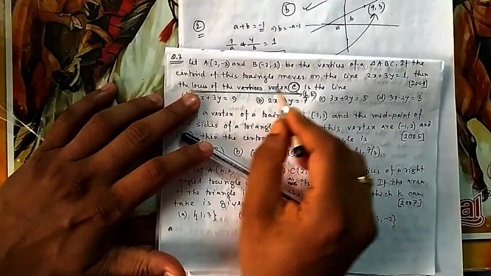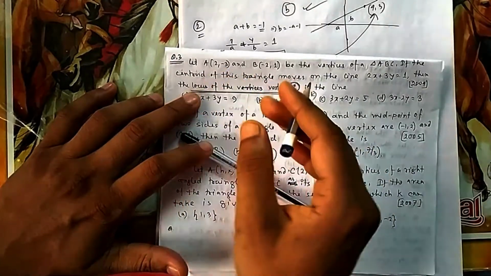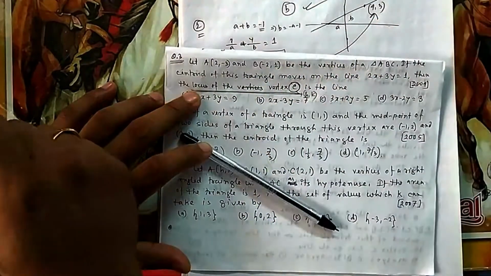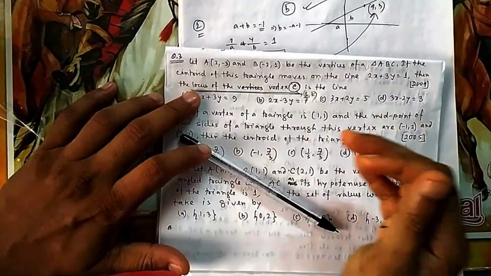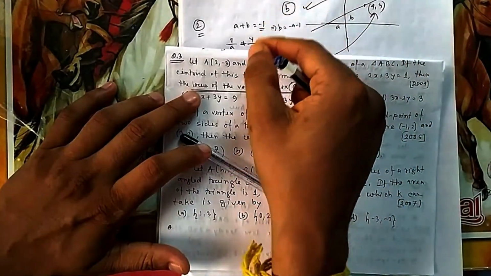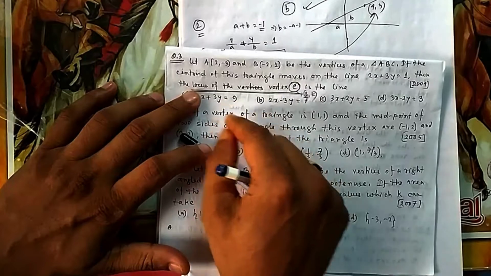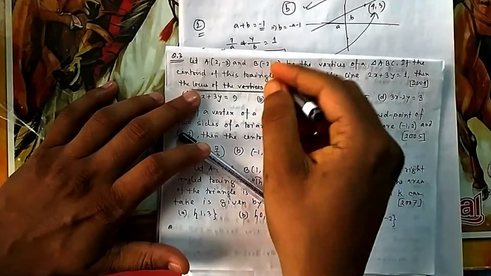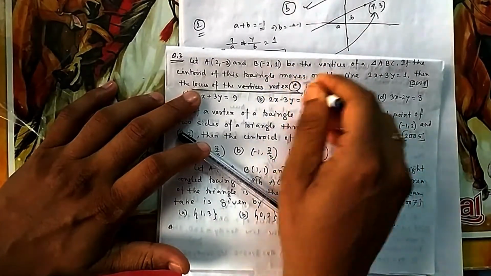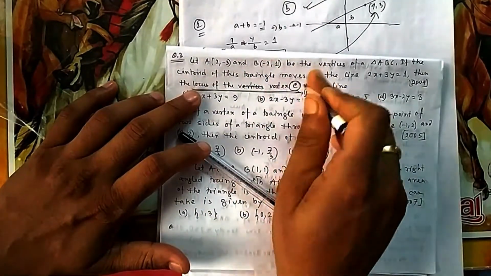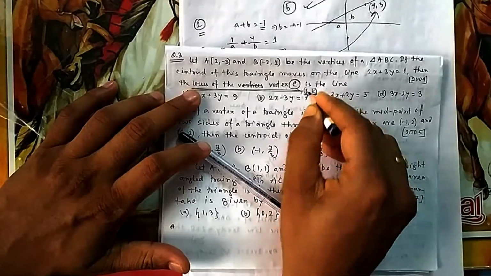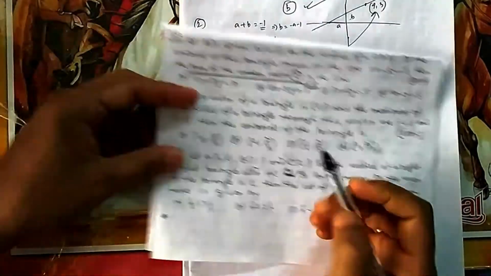Locus means, suppose your mom has given you restrictions when you are coming out of your home: don't go that side, don't go this side, traffic jam is there, this side the road is not okay. You maintain all your mom's restrictions, and then whatever path you choose to go out to the market and come back home, that path is your locus. Whenever you are giving your footstep, that becomes your locus. So wherever the point can move, satisfying all the conditions they have given, the positions C takes become the locus. So that C we always consider as (h, k).